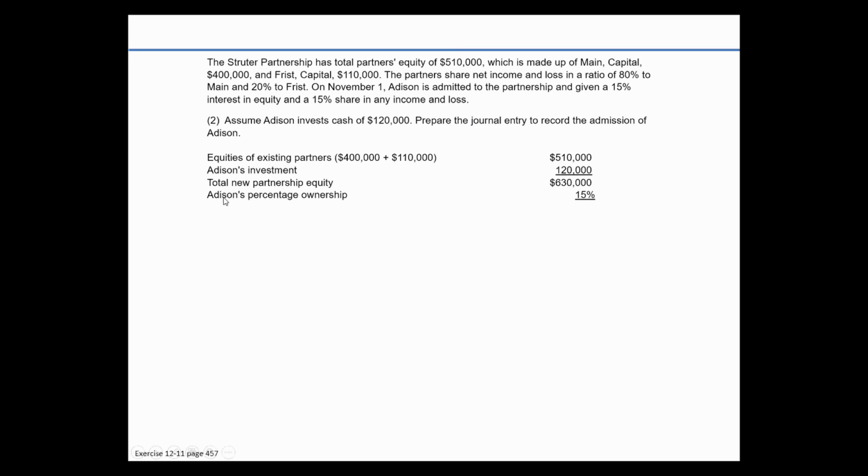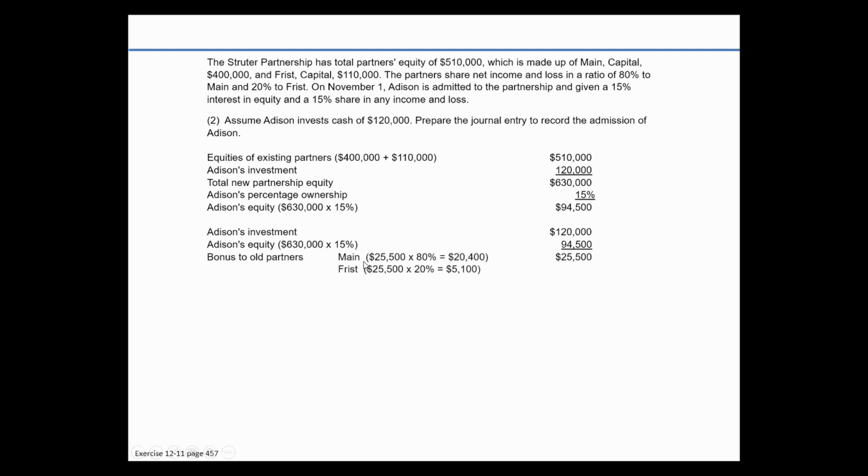But again, Addison's percentage ownership is going to be 15%, because we see that she's given a 15% interest in the equity, so that would be her ownership. And so 15% of 630,000 is 94,500. Her investment is 120,000, and her equity is 94,500. So she has to pay a bonus to the old owners in order to be admitted. She has to pay a total of 25,500,